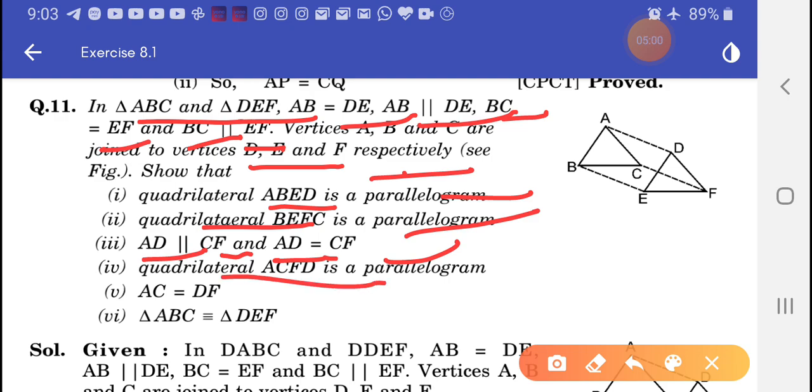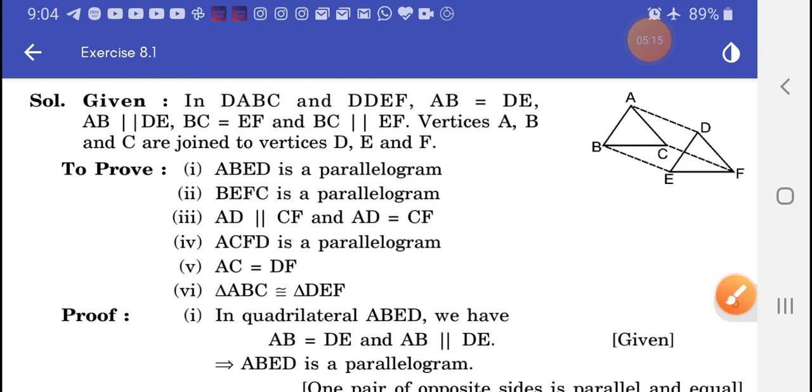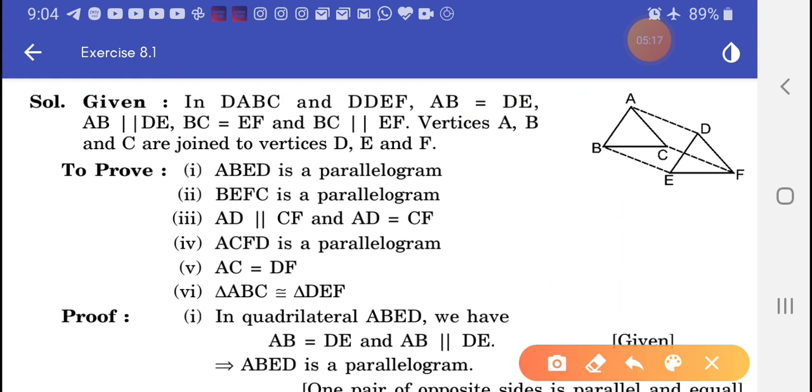Now quadrilateral ACFD is a parallelogram and AC equal to DF, and the sixth part is triangle ABC congruent to triangle DEF. Now first of all, given in triangle